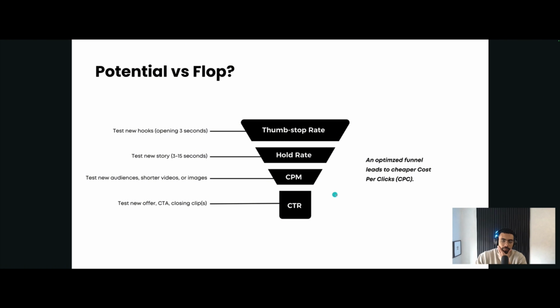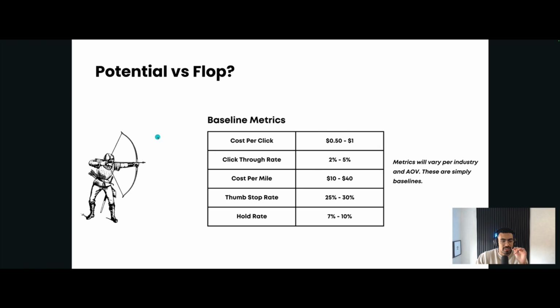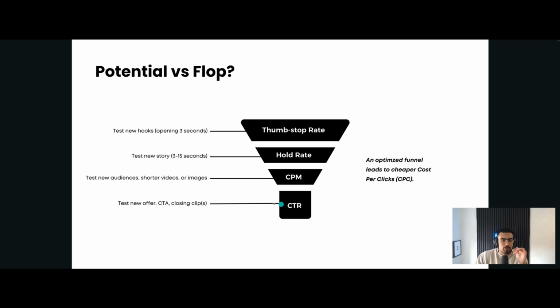Now, why is this important? It's important to know this because unless you can read the data, let's go through the baseline metrics in a second as well. Unless you can read the data, you might be testing new videos all of the time, new pieces of user-generated content, without actually realizing that all you need to fix is one part of this funnel instead of the entire concept of the ad, okay? The amount of times I've audited a Facebook ad account, for example, and the creative is performing very poorly, the click-through rate is terrible, and that brand has then gone through cycles and cycles of launching new pieces of content when actually the hook was just very, very weak.